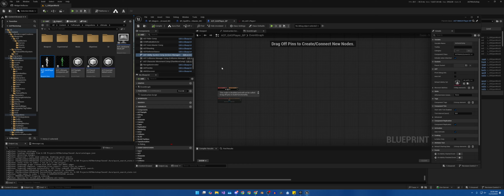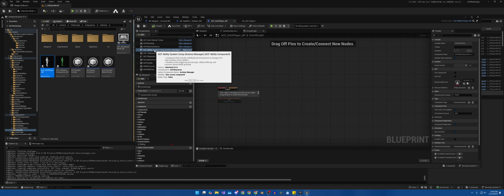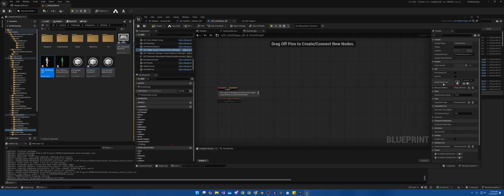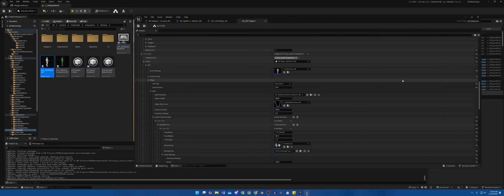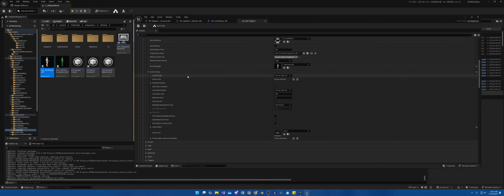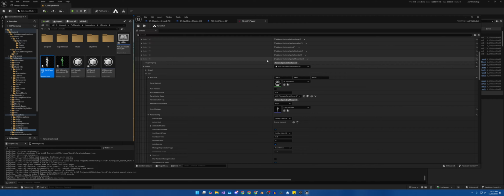So if we come up, we need to open up our player character. If you're using your own, fantastic, open that up. We need to get down here to the ACF ability system component. And then in your default ability set, hopefully you are using your own. If you're not, I would recommend duplicating the one that the sample has and using that one. Open it up and scroll all the way down until you find the action.spells.meteor rain, which is what we're doing to